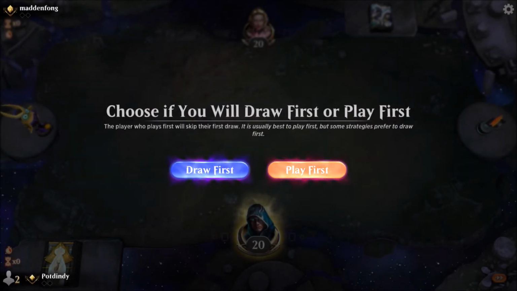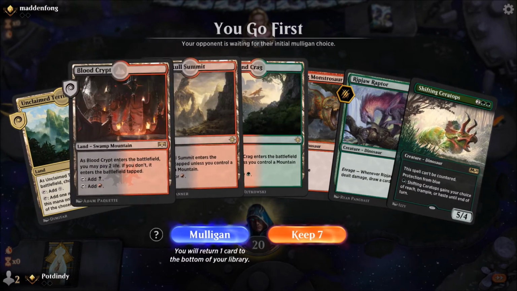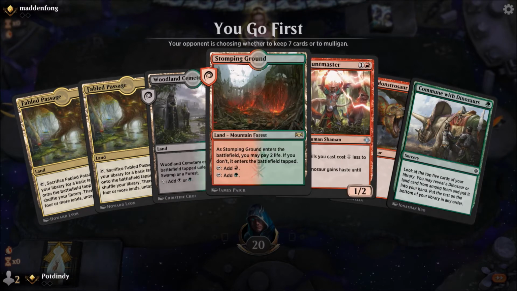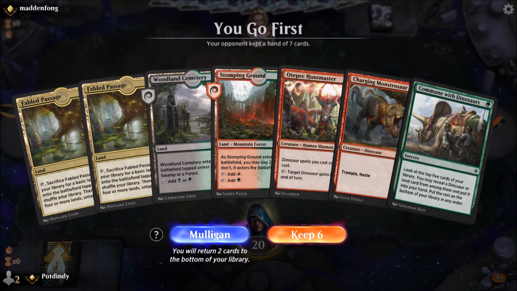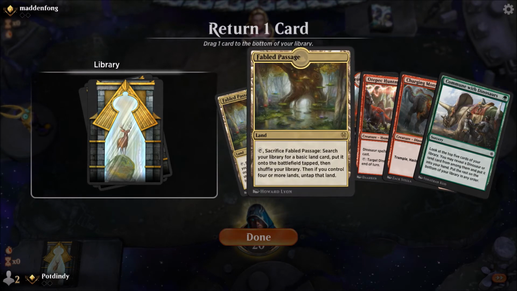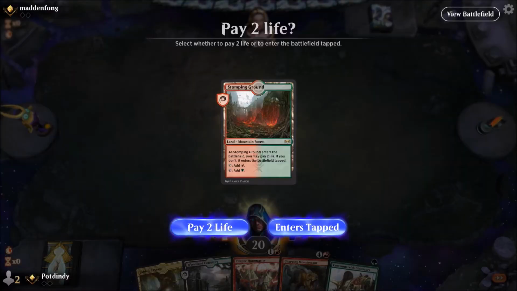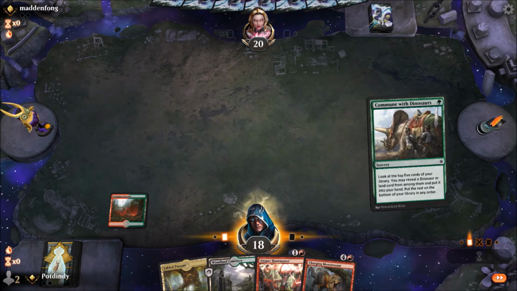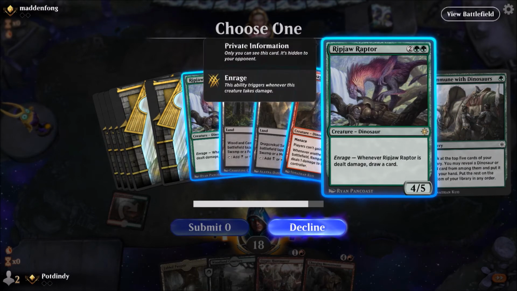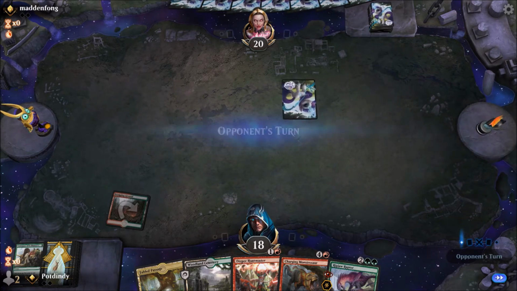Alright. Match number 3. I am immediately seeing the problem with this deck. It is too big and clunky. And if you draw these early game creatures like Huntsmaster, it's great. But otherwise, you just get wrecked. So,